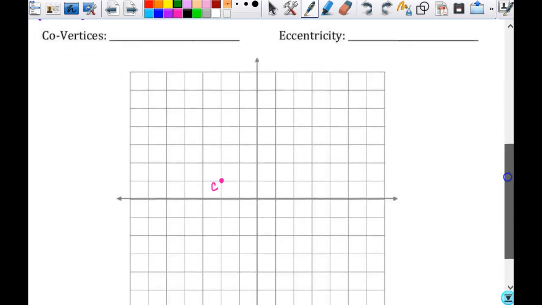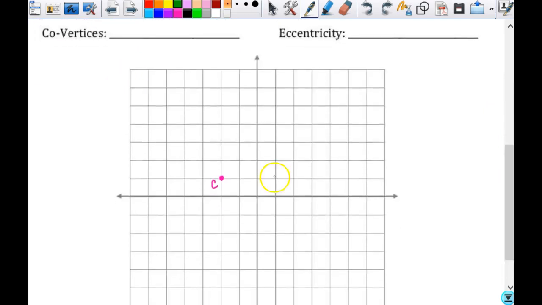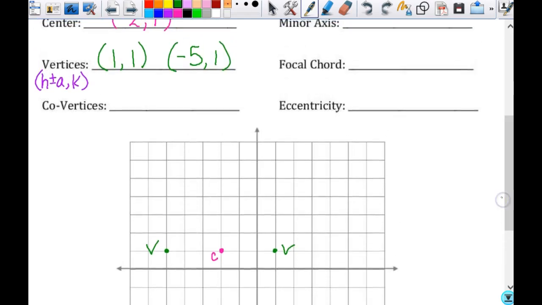So let's go label and plot those. I'm at 1, 1. That's a vertex. I'm at -5, 1, and that's another vertex. Okay. My co-vertices, those are going to be